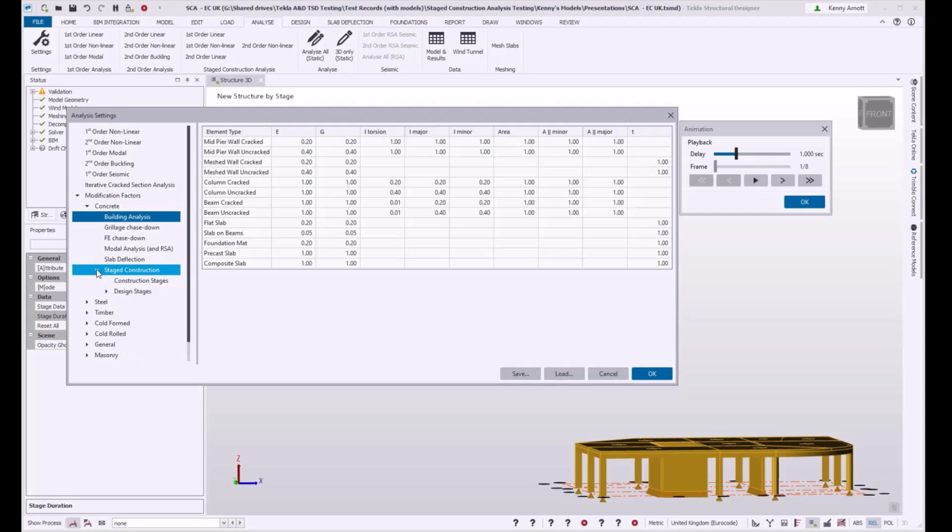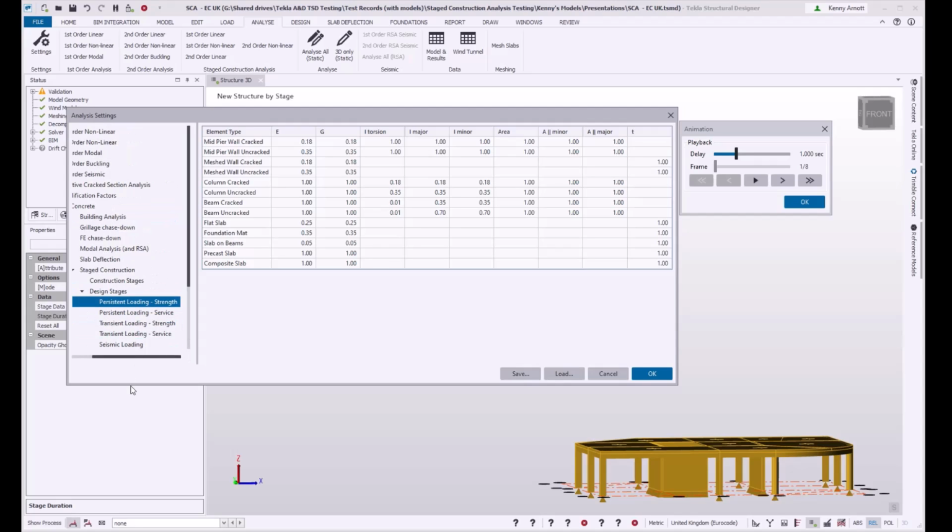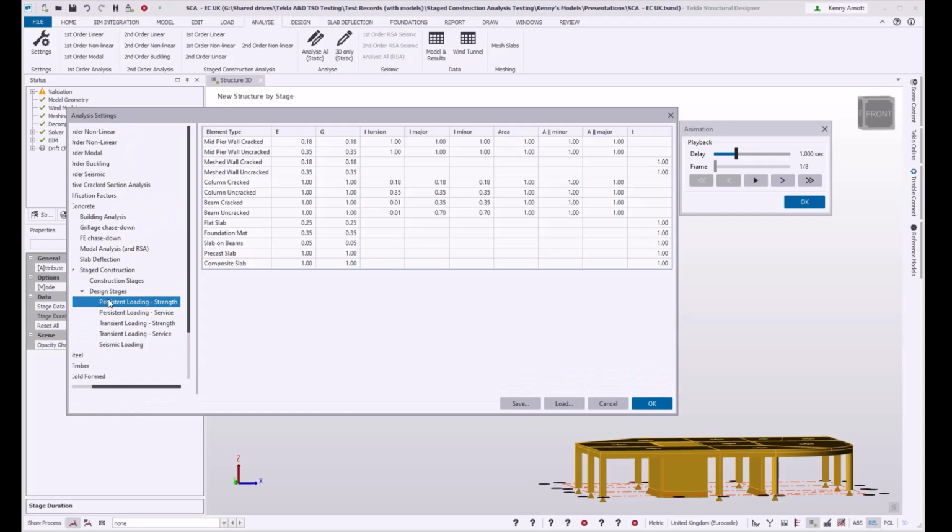So when it comes to stage construction analysis, we've got factors for the construction stages, and then we've got factors for the design stages, and we have persistent loading at strength and persistent loading service, transient loading strength, transient loading service. So the gravity combination that I described at ultimate limit state will use these factors, and at serviceability limit state we'll use some different factors.